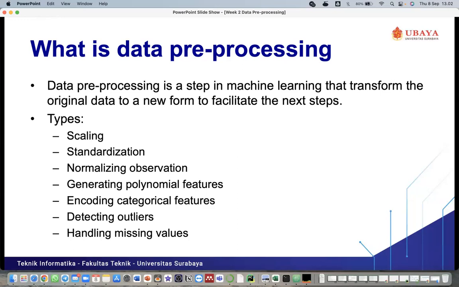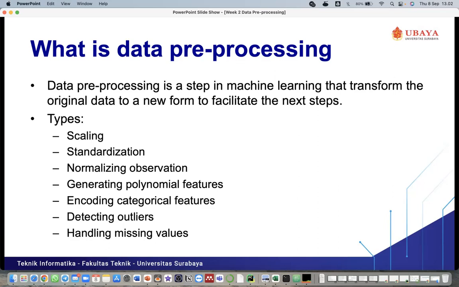And there are various types of data preprocessing, like scaling, standardization, normalizing observation, generating polynomial features, encoding categorical features, detecting outliers, and the last one is handling missing values.